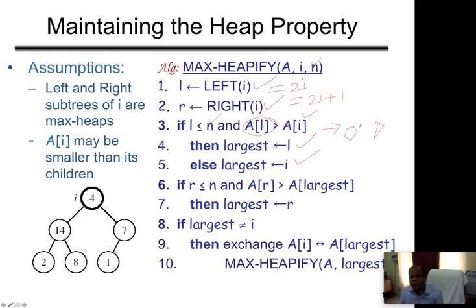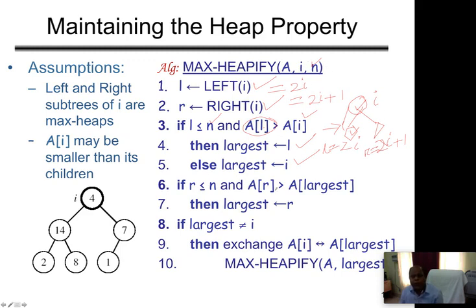See, this is I, this is 2i and this is the 2i plus 1 index. Now these two elements we are comparing. If 2i is the largest, that is left, because L is equal to 2i and R is equal to 2i plus 1. If L is the largest, then largest will be L, and similarly if R is not beyond the size of the heap,